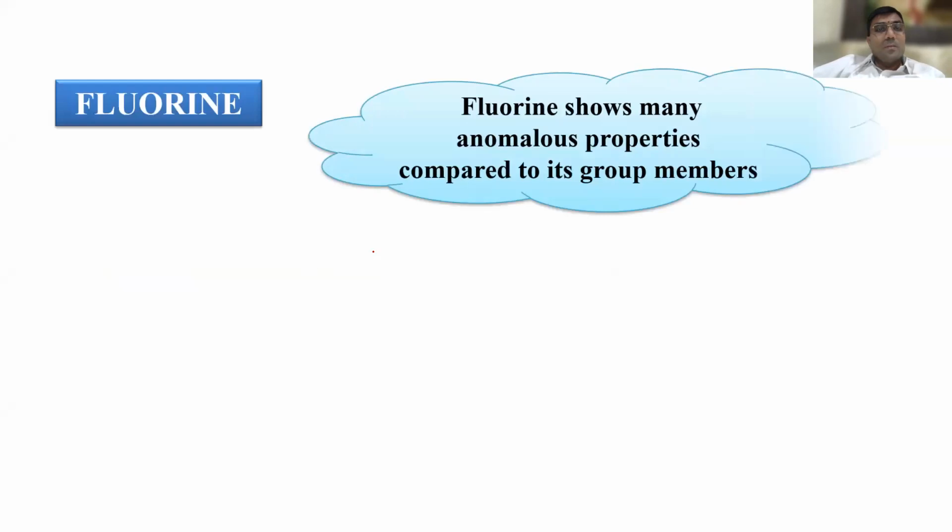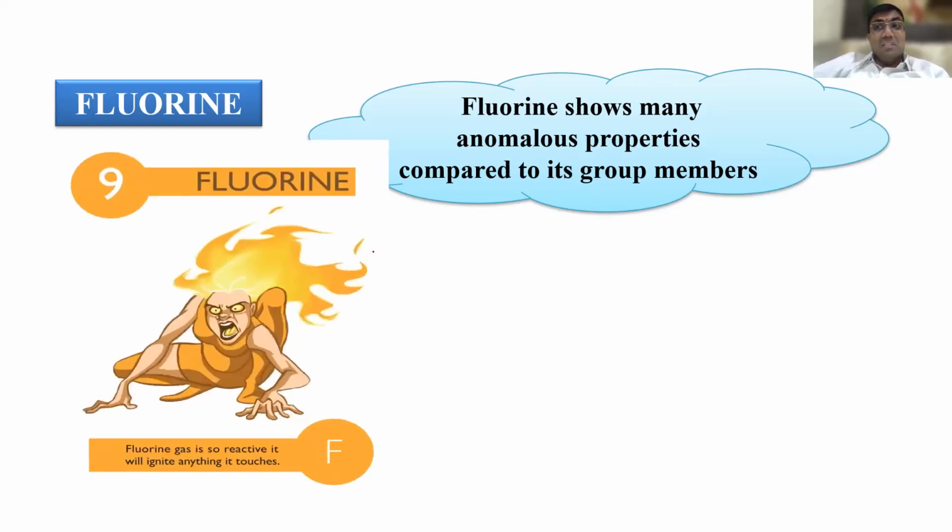Now you have seen some physical and chemical properties of halogens, right? So let us understand the fluorine chemistry. Fluorine is anomalous: nitrogen in the 5th group, oxygen in the 6th group, fluorine in the 7th group, each behaves differently from other members of its family. Nitrogen behaves differently from phosphorus, arsenic, antimony, bismuth. Oxygen behaves differently from sulfur, selenium, tellurium, polonium. And fluorine differs from other halogens, right?